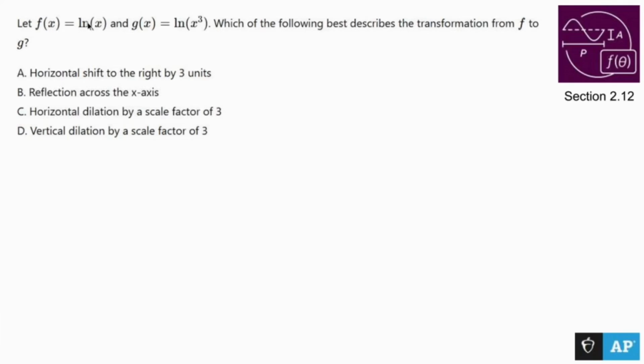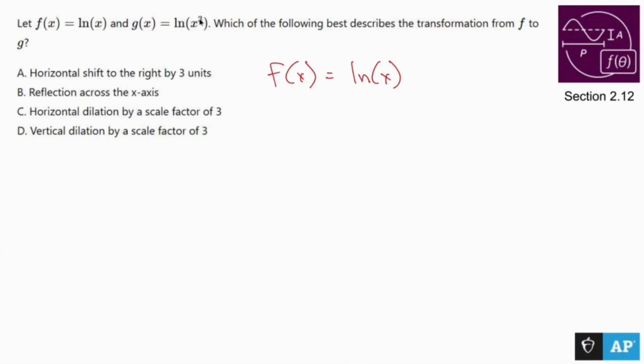Let f(x) = ln(x) and g(x) = ln(x³). Which of the following best describes the transformation from f to g? Well, if f(x) is ln(x), like that,